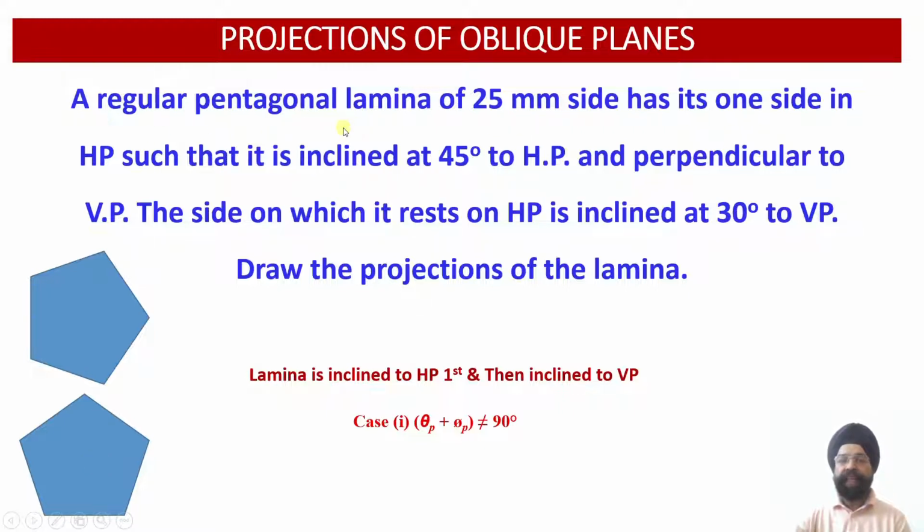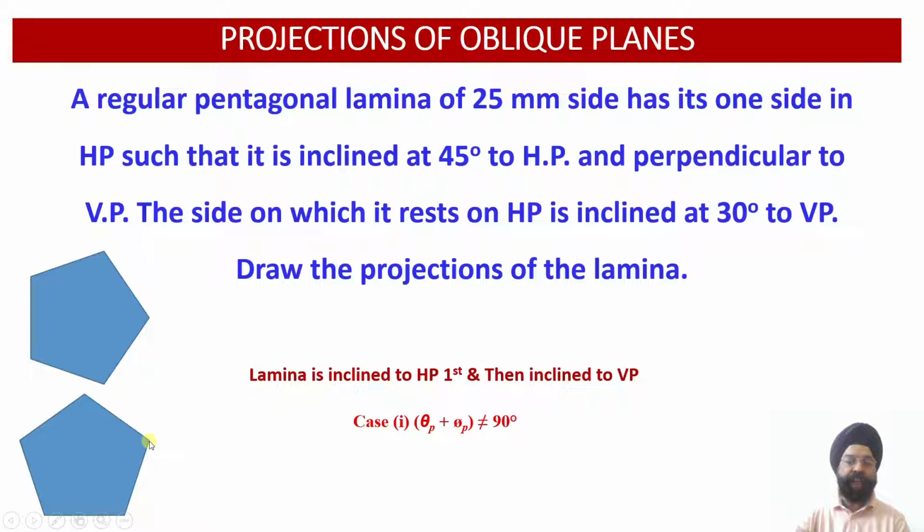The regular pentagonal lamina of 25 mm side has one of its sides resting on HP such that it is inclined at an angle of 45 degree to the horizontal plane and it is perpendicular to the vertical plane. So let us pick up this case. If I draw the pentagonal lamina in this orientation and I am lifting this corner, that is whatever edge view